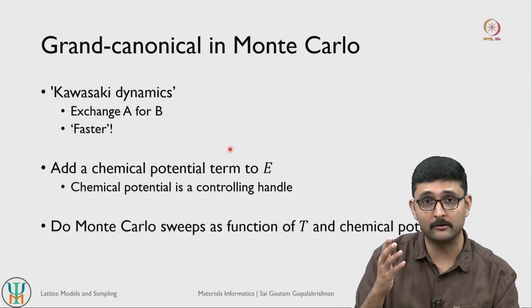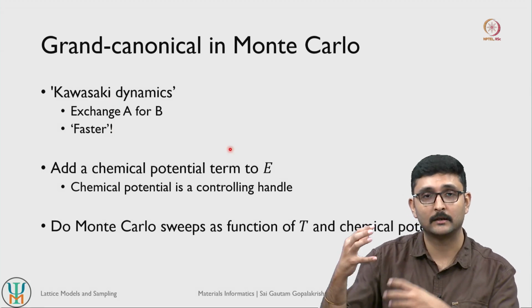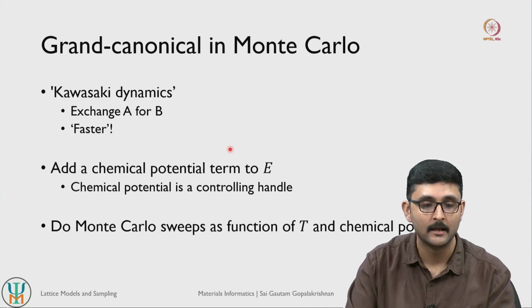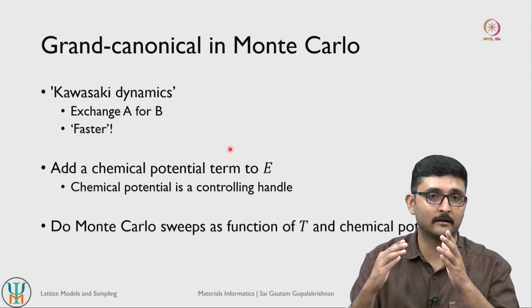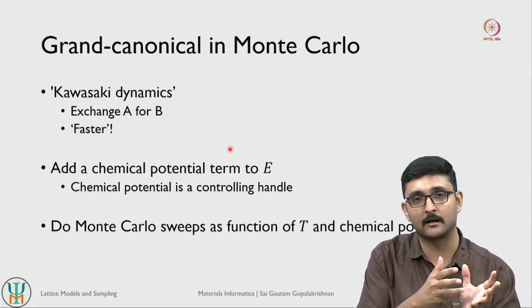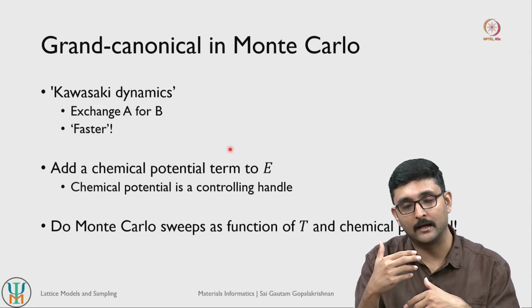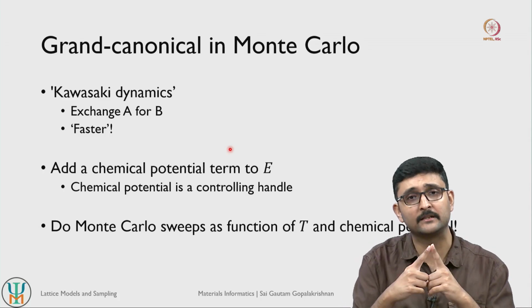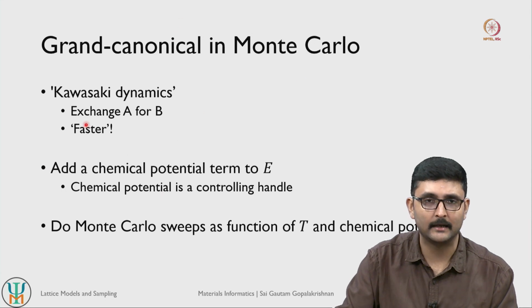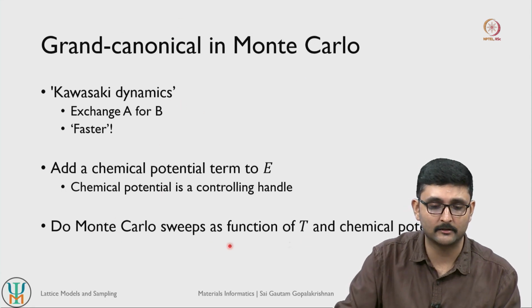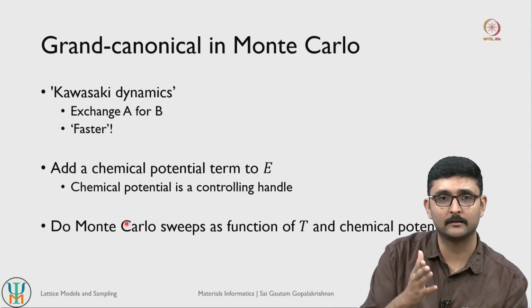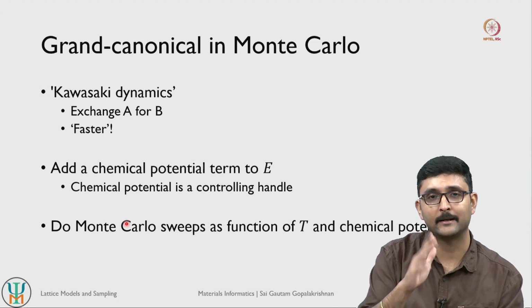So typically when you are interested in constructing phase diagrams, you typically do grand canonical Monte Carlo sweeps or grand canonical Monte Carlo steps, right. And you track first order transitions based on discontinuities in your chemical potential as a function of composition, and you track second order transitions based on discontinuities or divergences in your specific heat as a function of temperature, right. So typically what you do is you do grand canonical Monte Carlo sweeps as a function of temperature and as a function of chemical potential. So if you were doing canonical, you do temperature and composition; grand canonical, you do temperature and chemical potential.